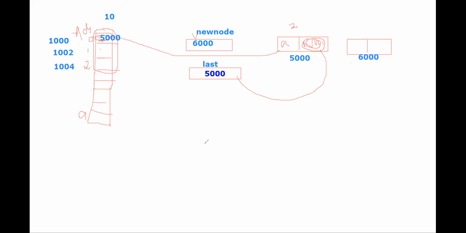Last of next equal to new node. I will pass the new node address to last of next. That is 6000.